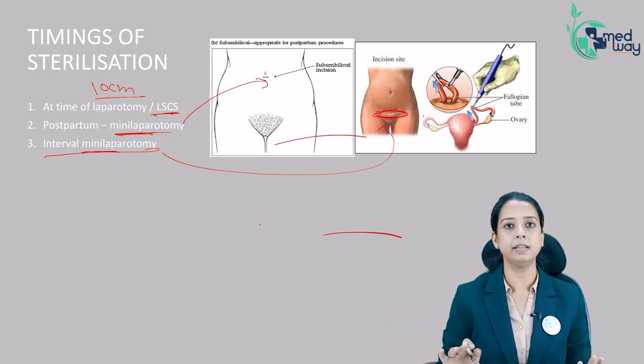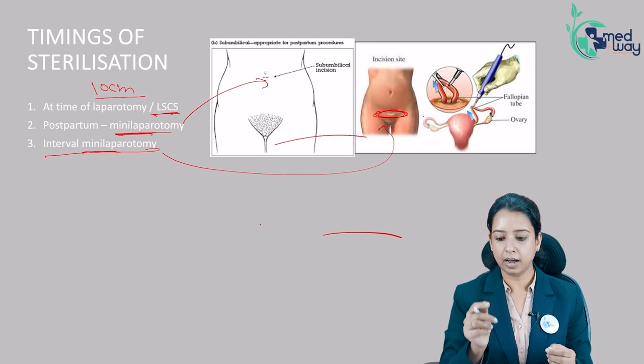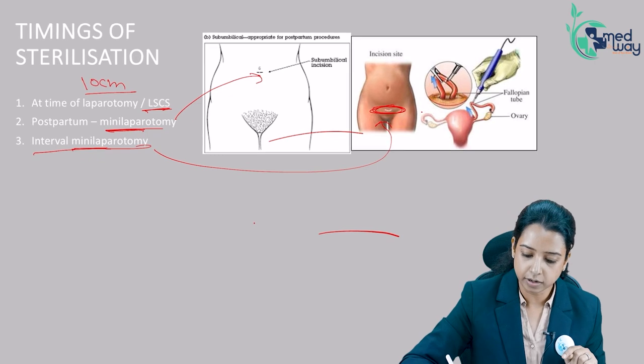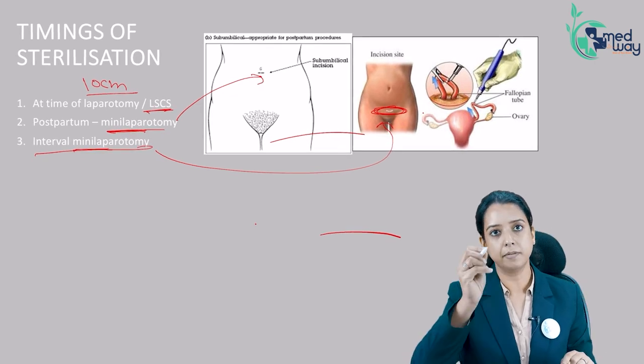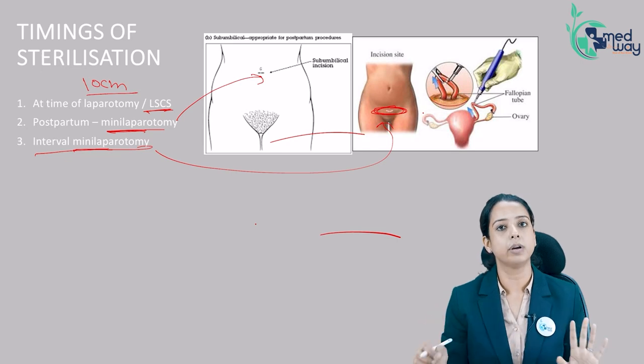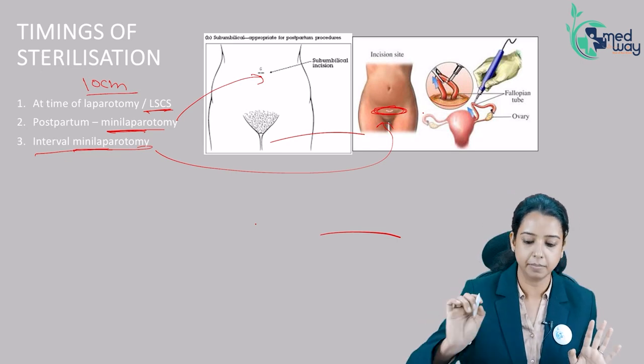The procedure will be the same. How we open the abdomen, how small the incision is, everything is the same. The site will differ. Since here the uterus is pelvic, you will make the incision just above the pubic symphysis. And if you make it there, I will tell you how you will be able to easily locate the tubes. And here, infraumbilical.